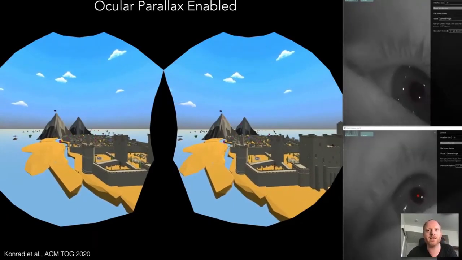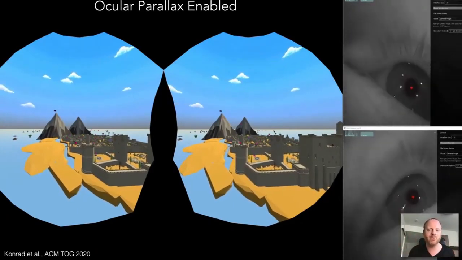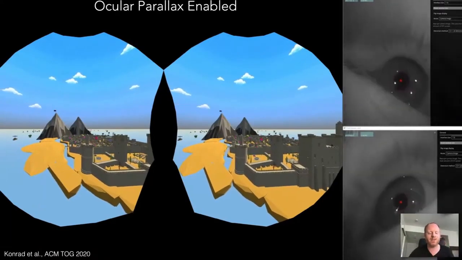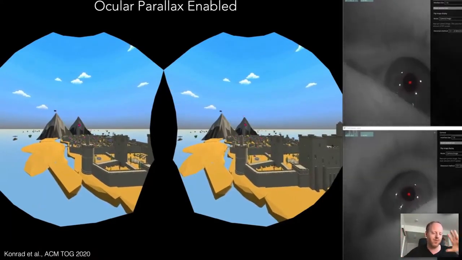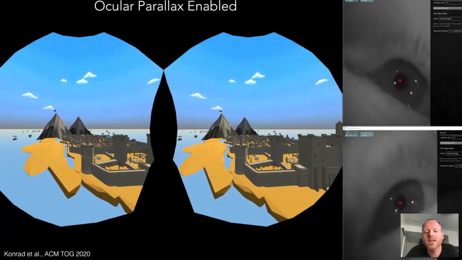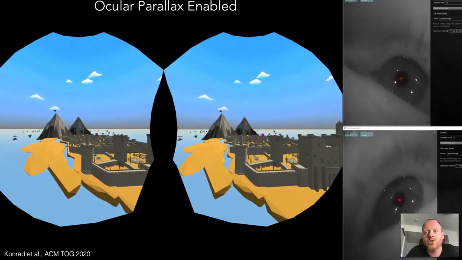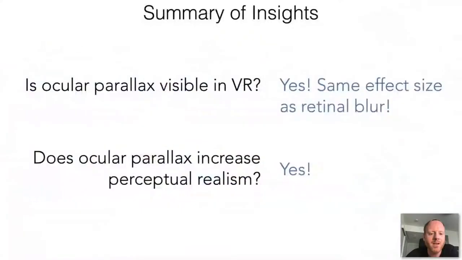I just want to say again that what we're looking at here is a rendering of the image that is covering a very large field of view for the user. So even though the movements look fairly large on the right, in the peripheral regions, those actually have a very low spatial acuity. So the user perceives them as being very blurred because they only actually look at the fovea. So we did a whole bunch of user studies, and I'll spare you the technical details, but